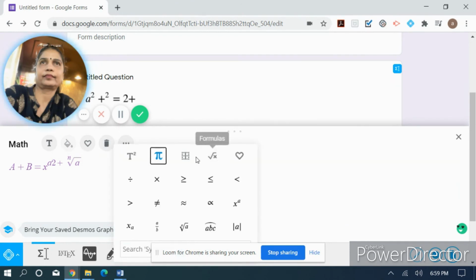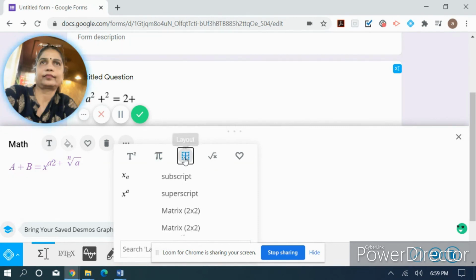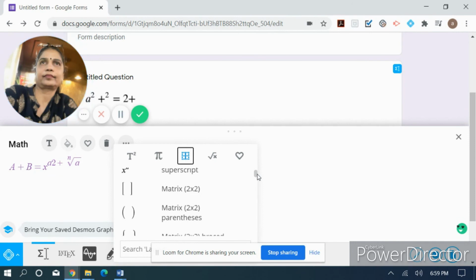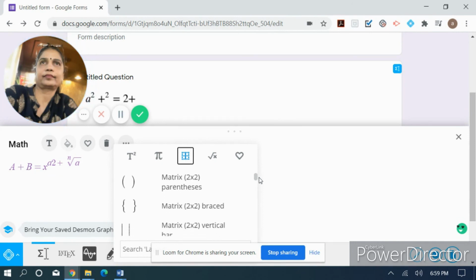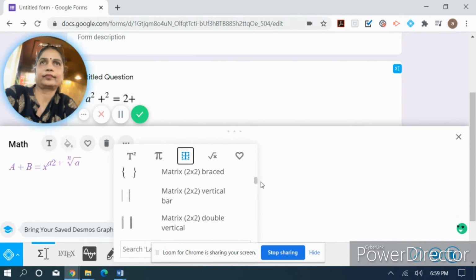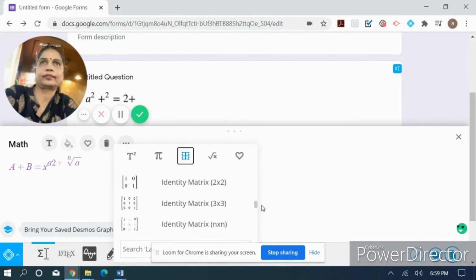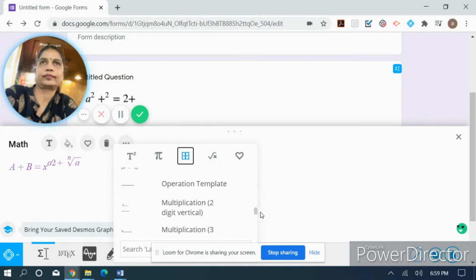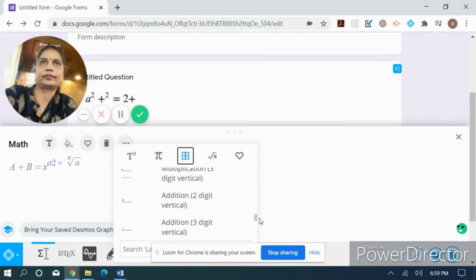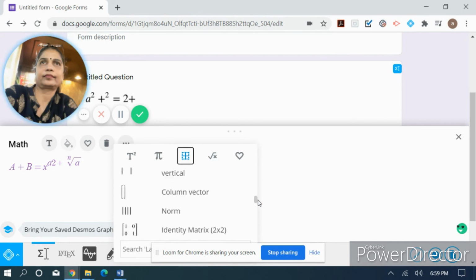And then next is you have a layout button, where you can change the layout, like how you want to, whether you want to add brackets, see matrix and parenthesis, then brace brackets, vertical bar, all those things are high level mathematic symbols and everything. So whatever you want, you can do this through this.